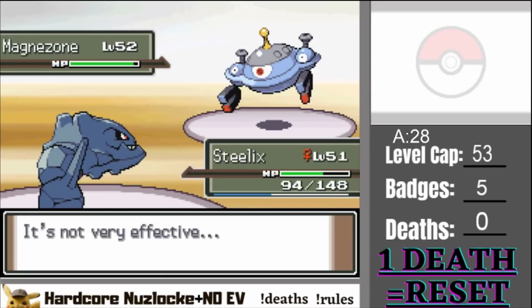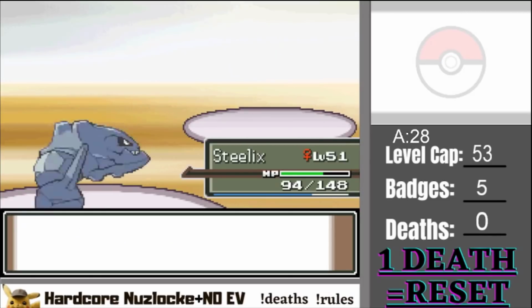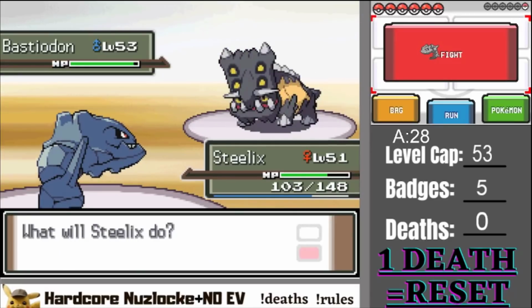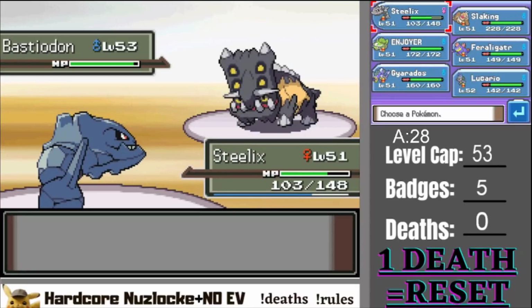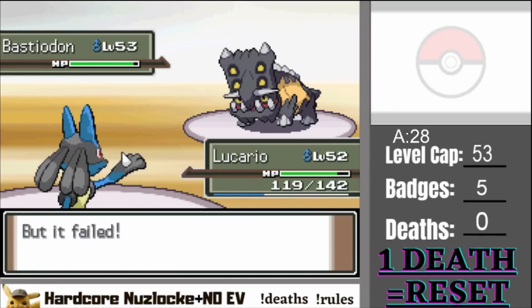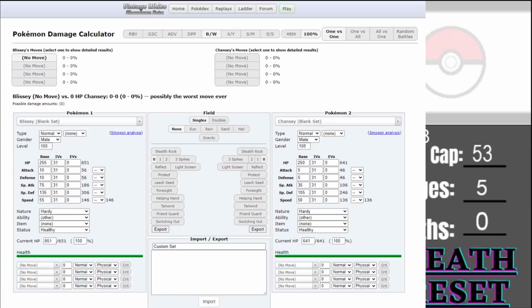I see all these dumb arguments. People are like, oh yeah, but Blissey has really bad physical defense. It still trivializes 50% of the game. You do know that if you're against a physical attacker, you could just switch out your Blissey, right? It's just crazy. I decided to allow Chansey, and though I am very much on the fence about allowing Chansey,